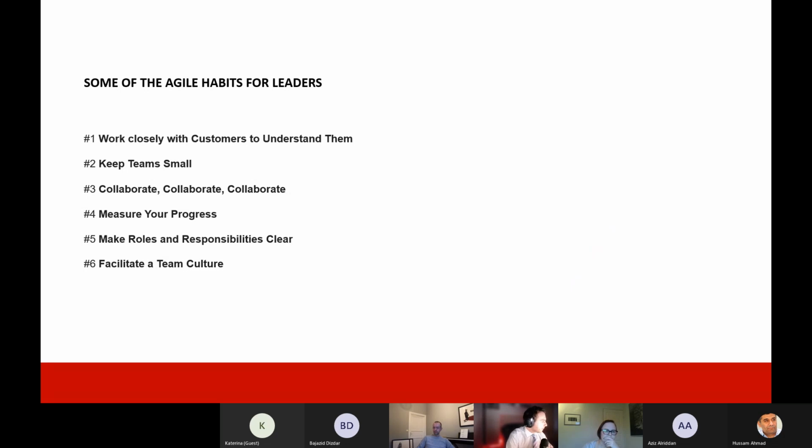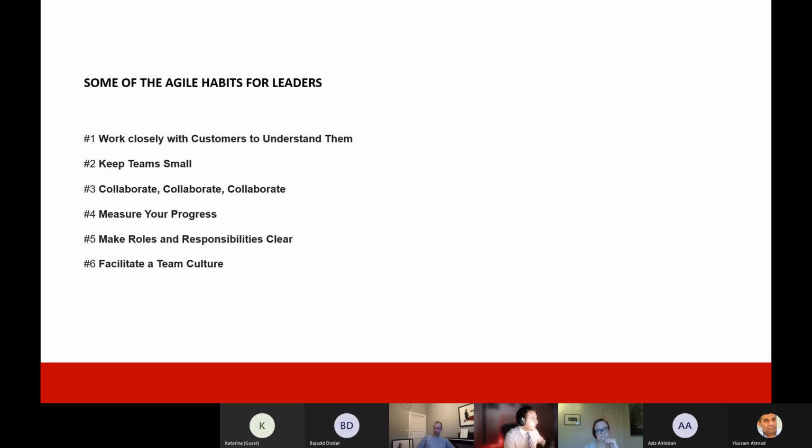I want to talk a bit about the agile habits for leaders I came across, which I found very good. And when I'm finished summarizing these, I thought we could have a discussion, where we start on the first one, then go to the second one, and just share what we think about these agile habits for leaders, and maybe how we can implement them, and what we can start doing on a daily basis to become better at these habits.